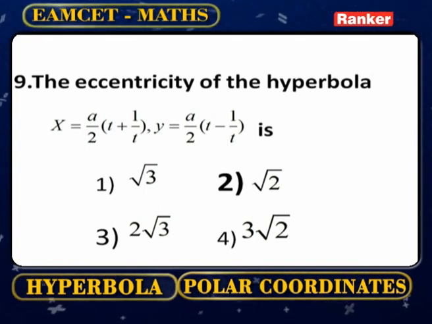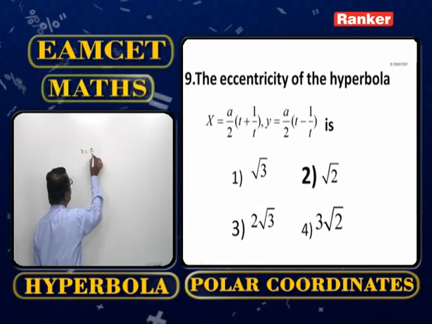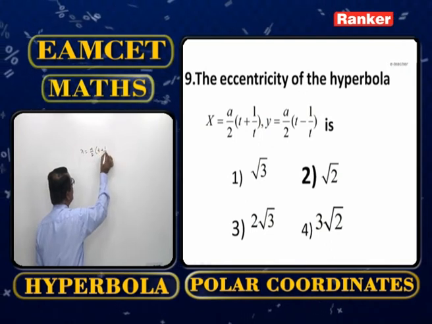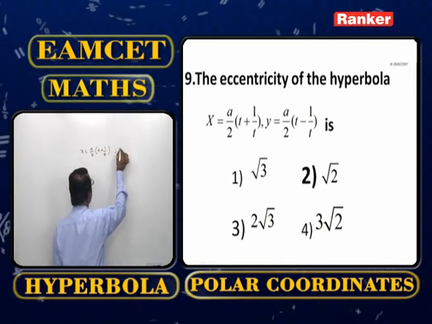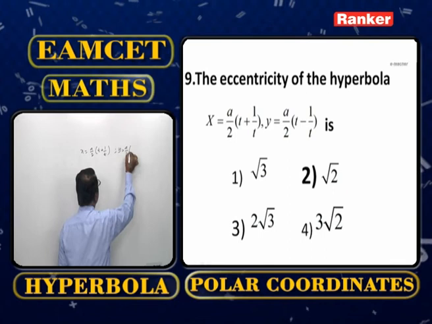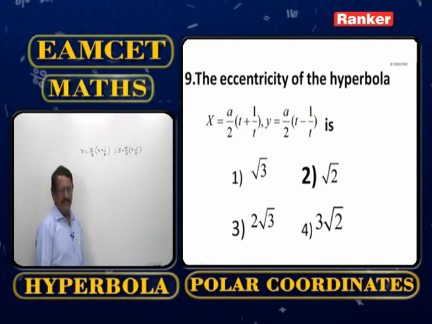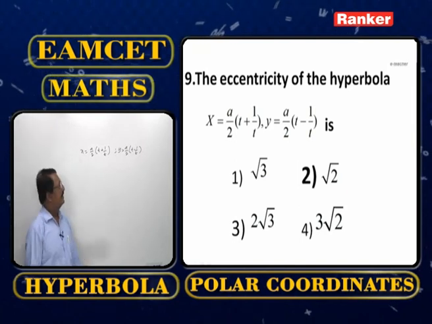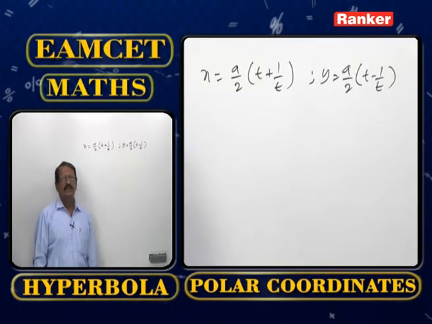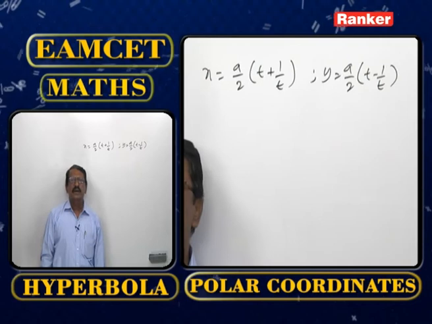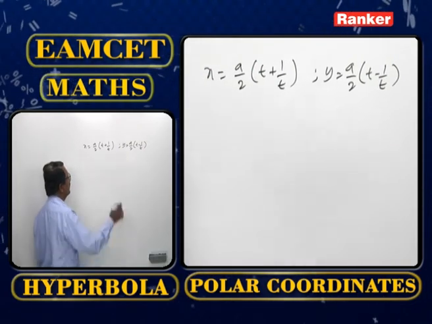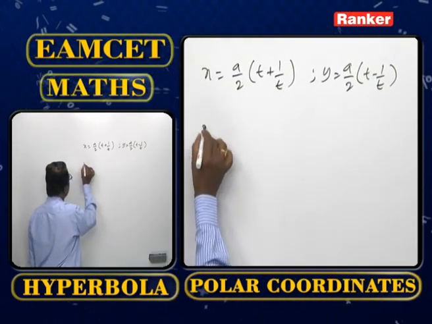The eccentricity of the hyperbola x equals a by 2 into t plus 1 by t, comma y equals a by 2 into t minus 1 by t. Now from these two equations eliminate t, we get the required hyperbola equation. Now suppose x square minus y square